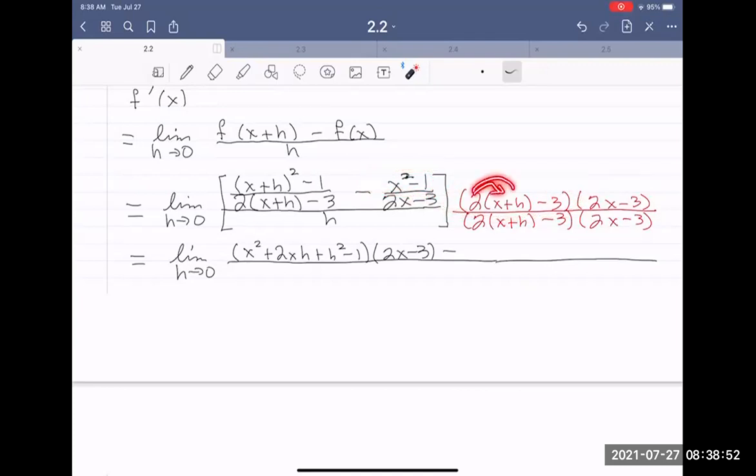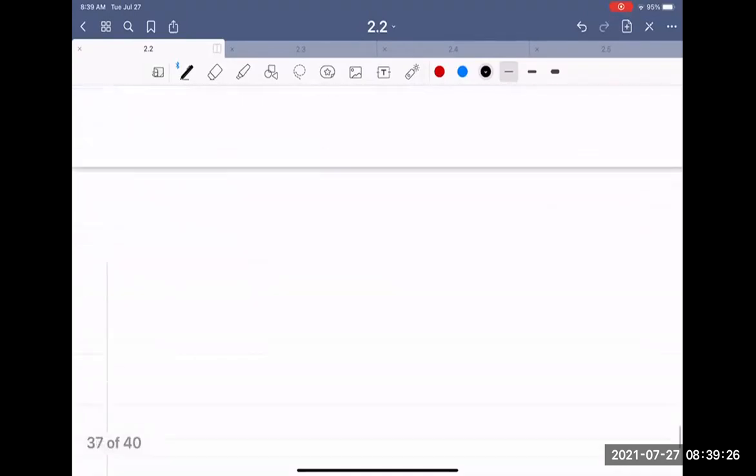Let me multiply the 2 inside. And so I have here x squared minus 1 times 2x plus 2h minus 3, all divided by h times 2x plus h minus 3 times 2x minus 3. So this is equal to